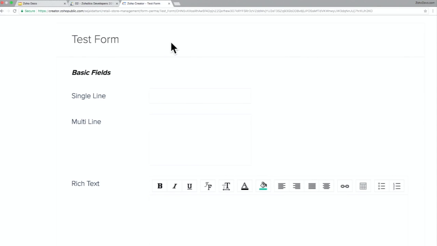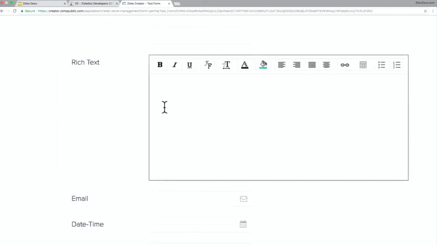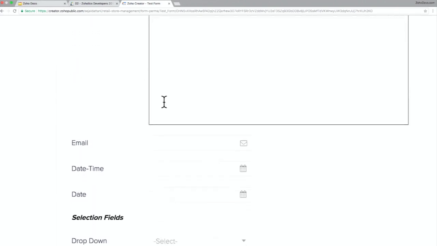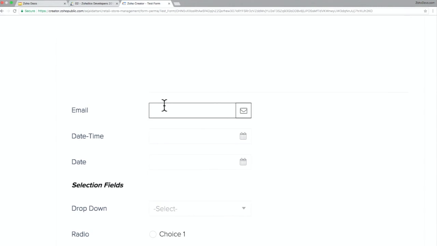Then we have rich text field, which is very similar to multi-line, but it helps you to format your text. That is, you can make your font bold, italic, and so on. Then you have the email field, which, as the name suggests, lets you collect the email address of the person filling up the form. Then we have date, time, and date field.